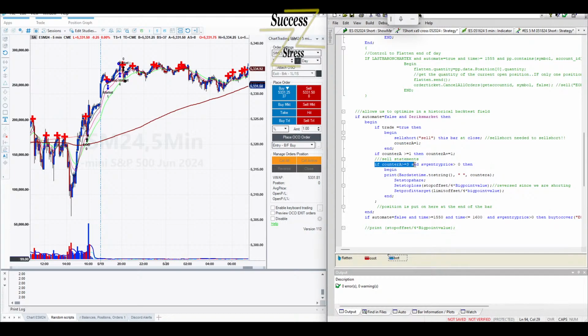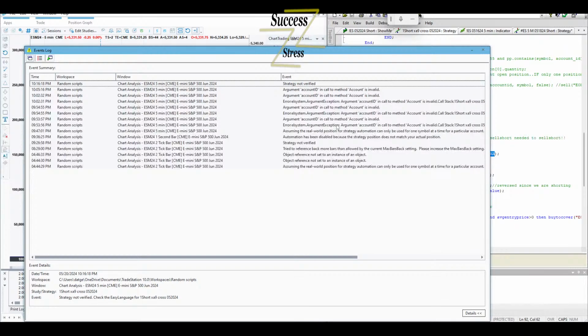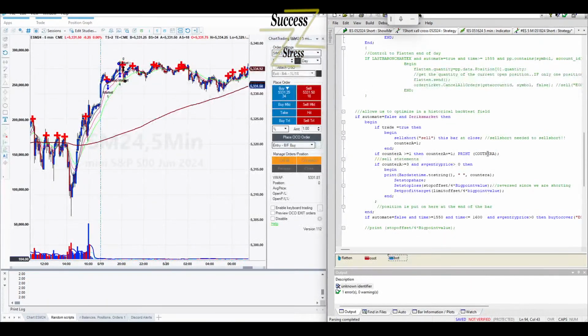Why are we not getting in here? Okay, so let's print counter A. You better spell it right, boy. Counter A is equal to 2, 2s.